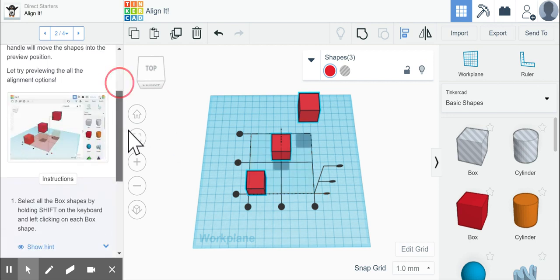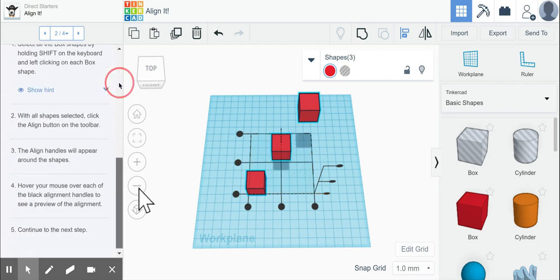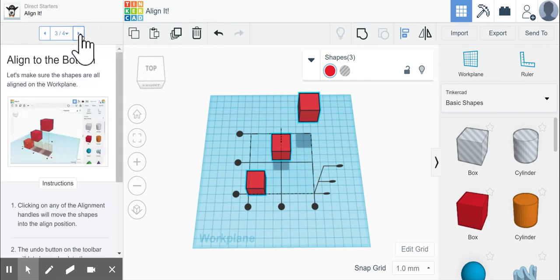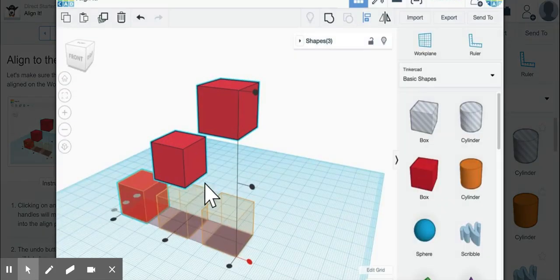Now, if I scroll down, it tells me that I need to hover and look at the different ones, and I already have. So if I continue, it looks like I want all of my boxes to align to this front line here. So to do that,